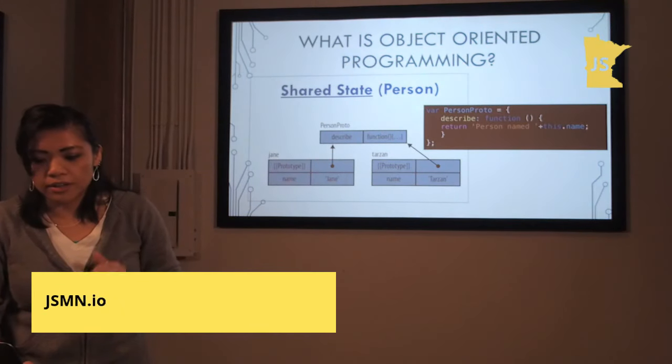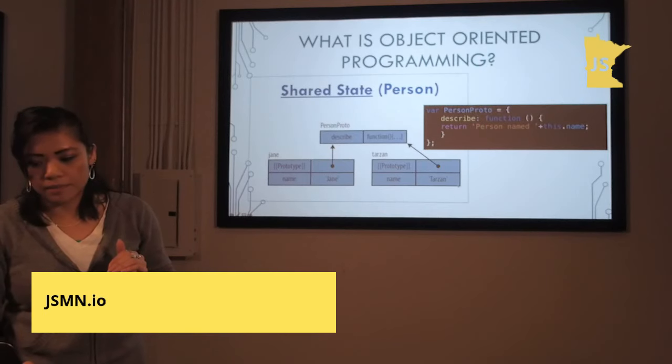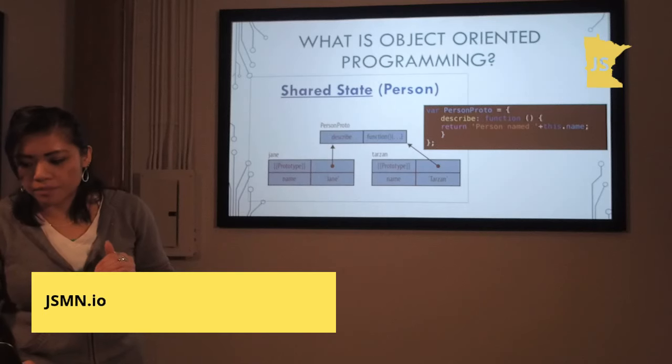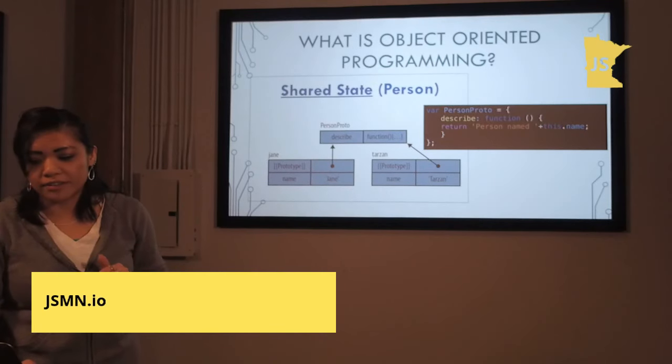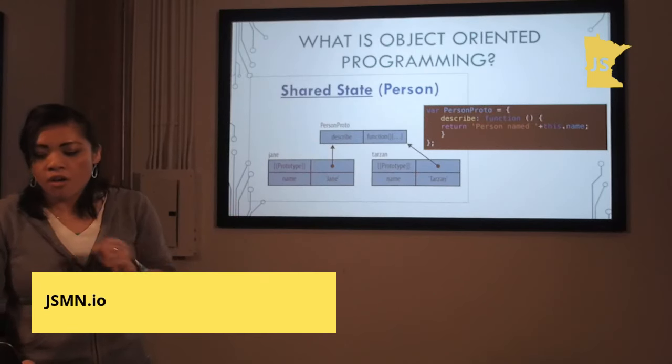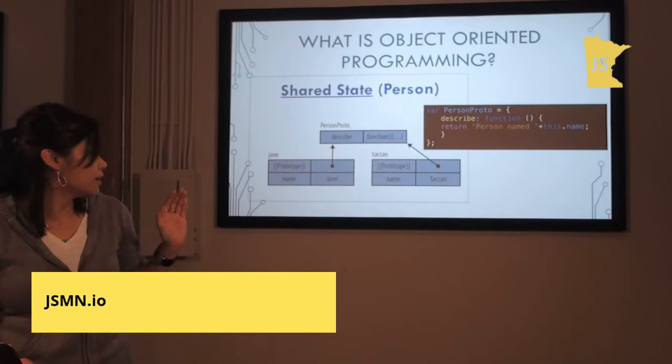And so now I'm going to talk about how shared state is happening. Right here we have a person object. And so again, shared state is any variable, object, or memory space that exists in a shared scope, or as a property of an object being passed between scopes. So this is actually a case of sharing data